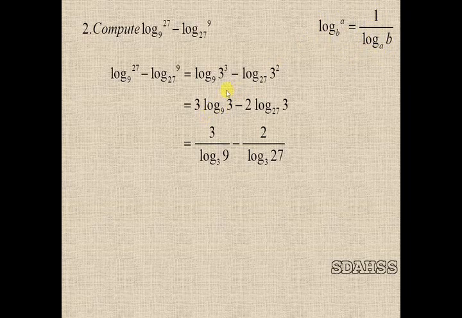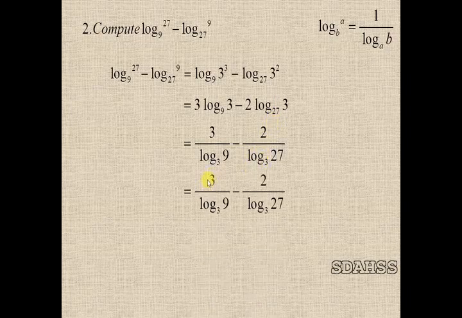So log 3 base 9 can be written as 1 by log 9 base 3, minus 2. Similarly here also, log 3 base 27 can be written as 1 by log 27 base 3, which is equal to 3 by log